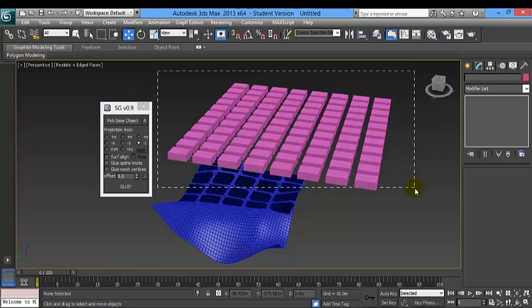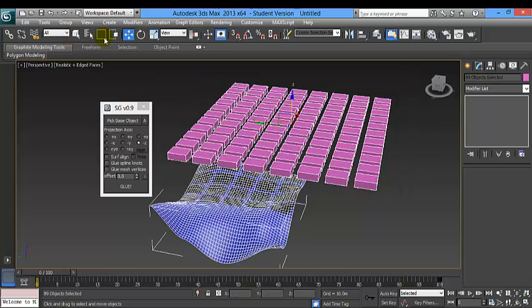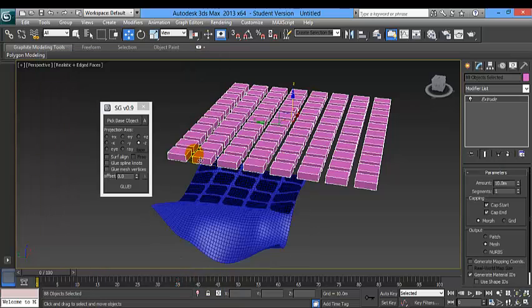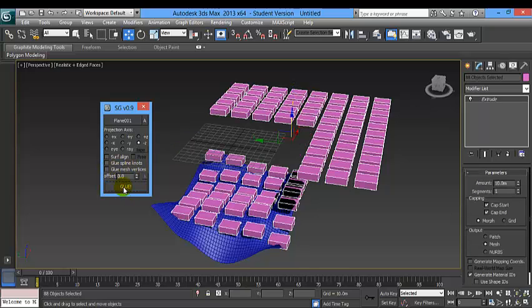We are going to select our rectangles without the plane, and we are going to pick base object. Here it's the plane 001, and here you have different options: surf align, glue, spline nodes, or mesh vertices, but for the moment I'm just going to do glue.